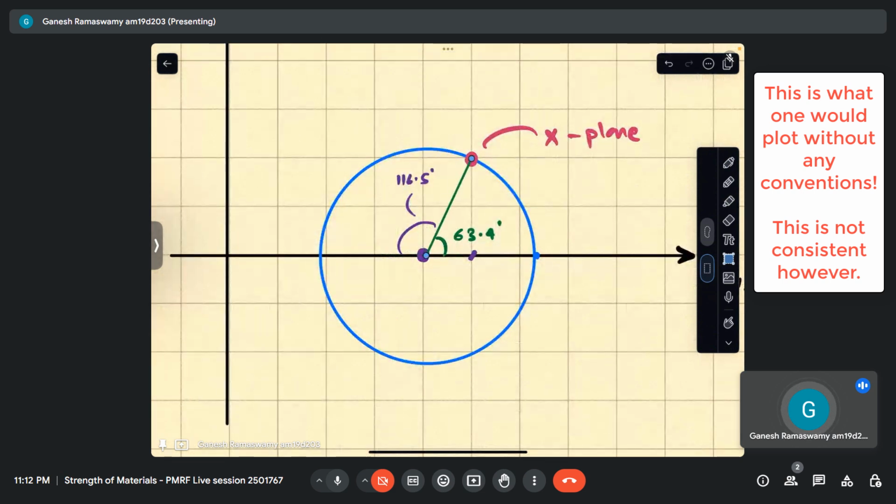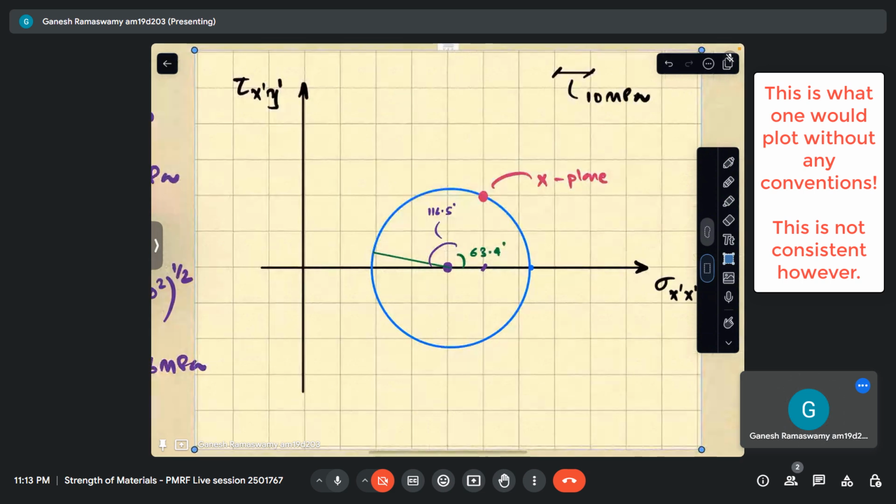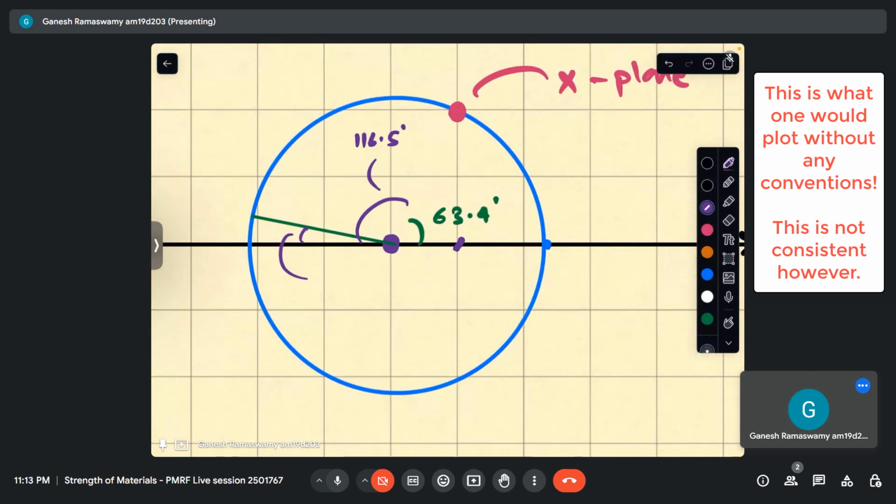So initially I was here. Now I have to rotate 100 degrees. Since in the physical plane I rotated in the anti-clockwise direction, if I rotate the same manner in the anti-clockwise direction, I will come somewhere over here. So this angle is nothing but our 116 minus 100.